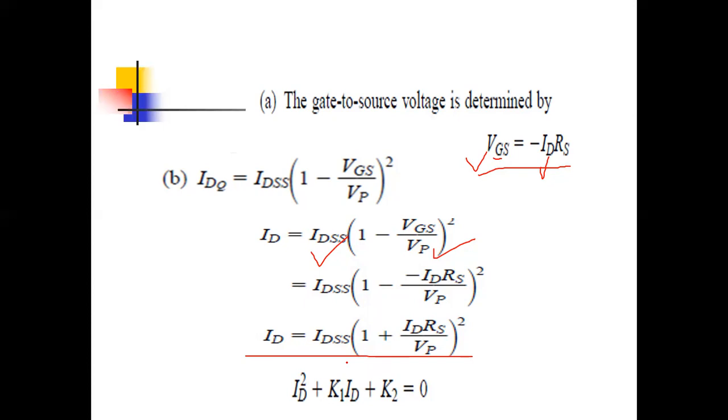Okay, have you solved it? Let's see the solution, whether you have done it correctly or not. Now, you know ID equals IDSS times (1 minus VGS upon VP) whole squared. VP is given as minus 6 and IDSS is given as 8 milliampere. Why have I not converted the unit? Because I am calculating all the values in milliampere.